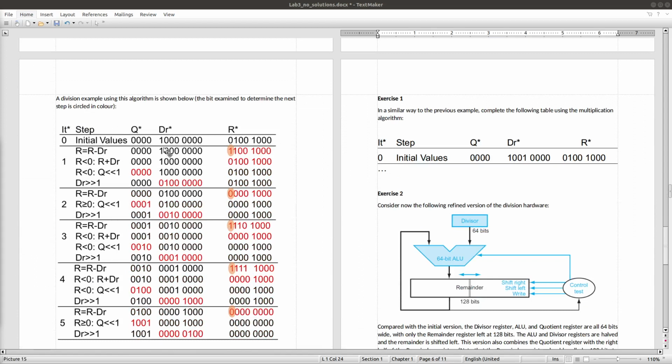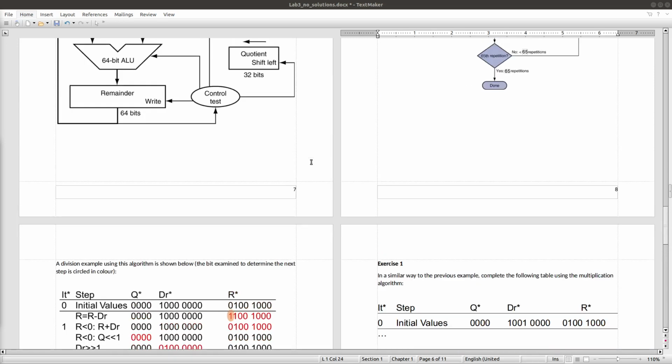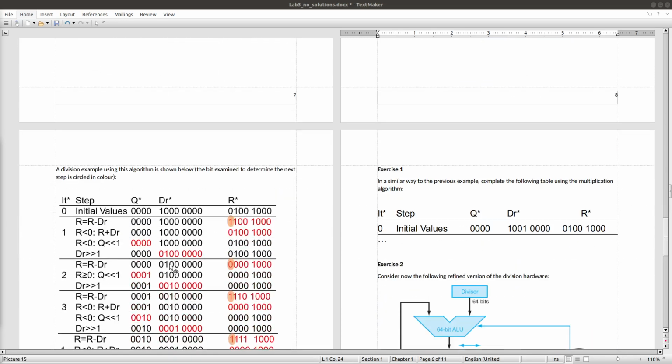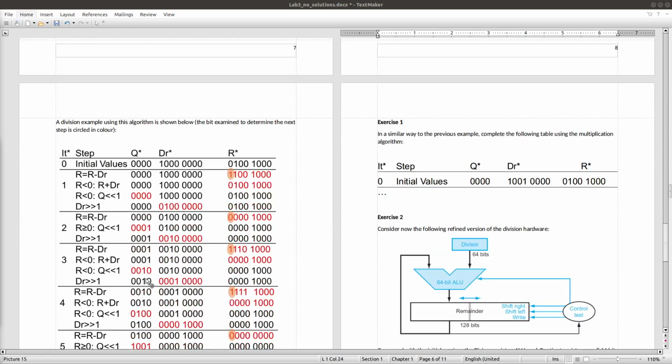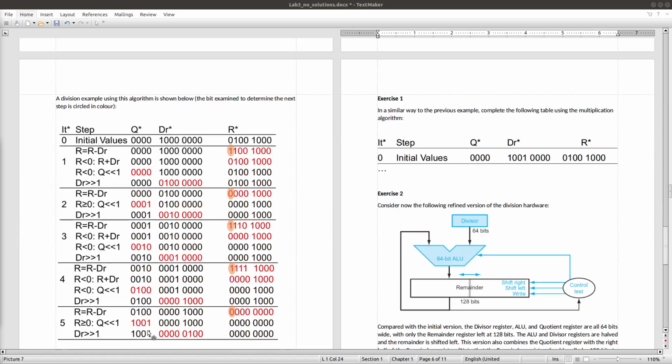We will have a divisor together with a remainder. We will look into the detail step by step how the divisor and the remainder change their value following this algorithm to make the final result for the question.